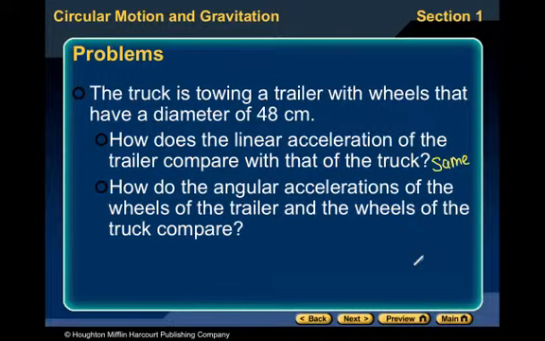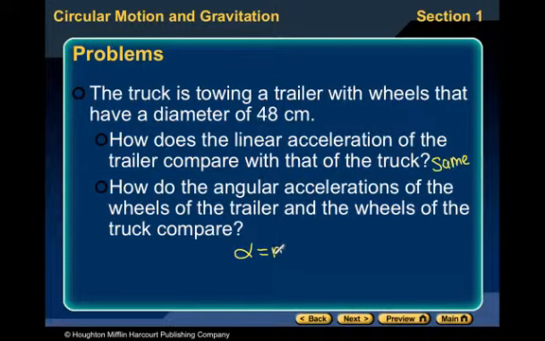How does the angular acceleration of the wheels of the trailer and the wheels of the truck compare? So the wheels of the trailer are probably smaller than the wheels of the truck. And so we can make it a thought problem, think about how fast the wheels are accelerating as they rotate. The smaller tires probably have to accelerate faster than the bigger tires in order to go to the same linear acceleration. Or think about if we have alpha equals,